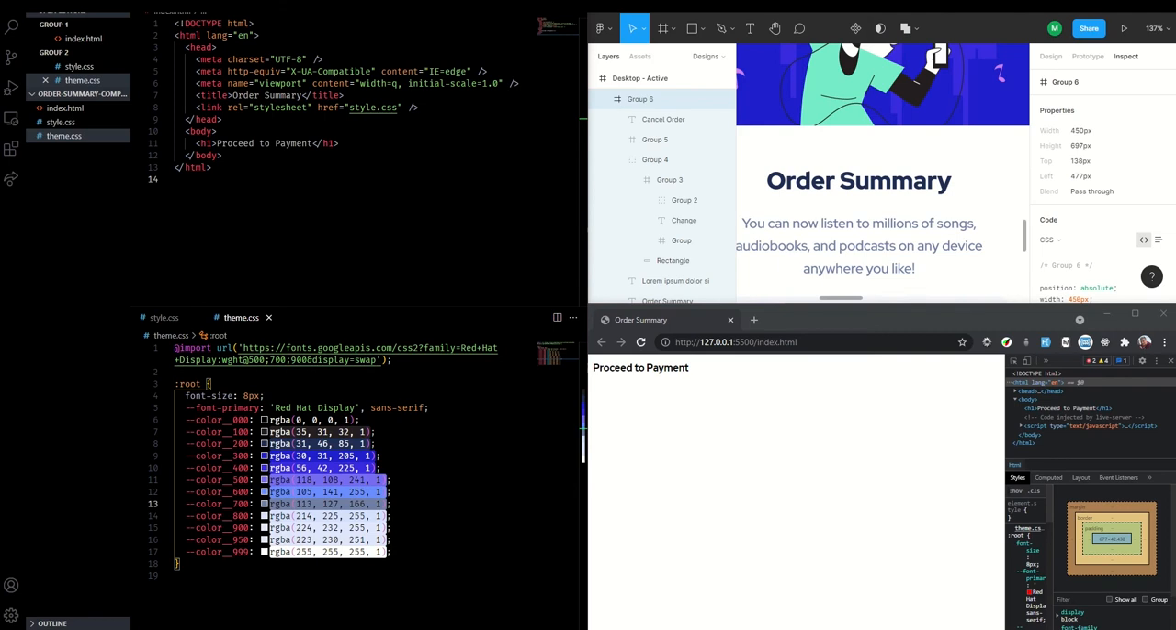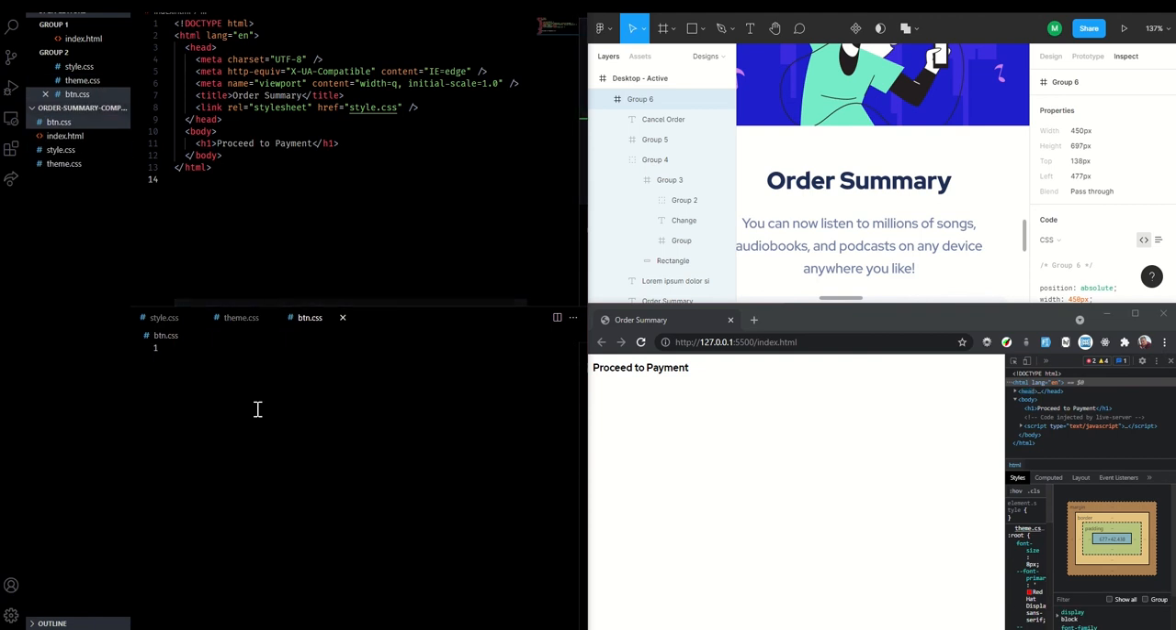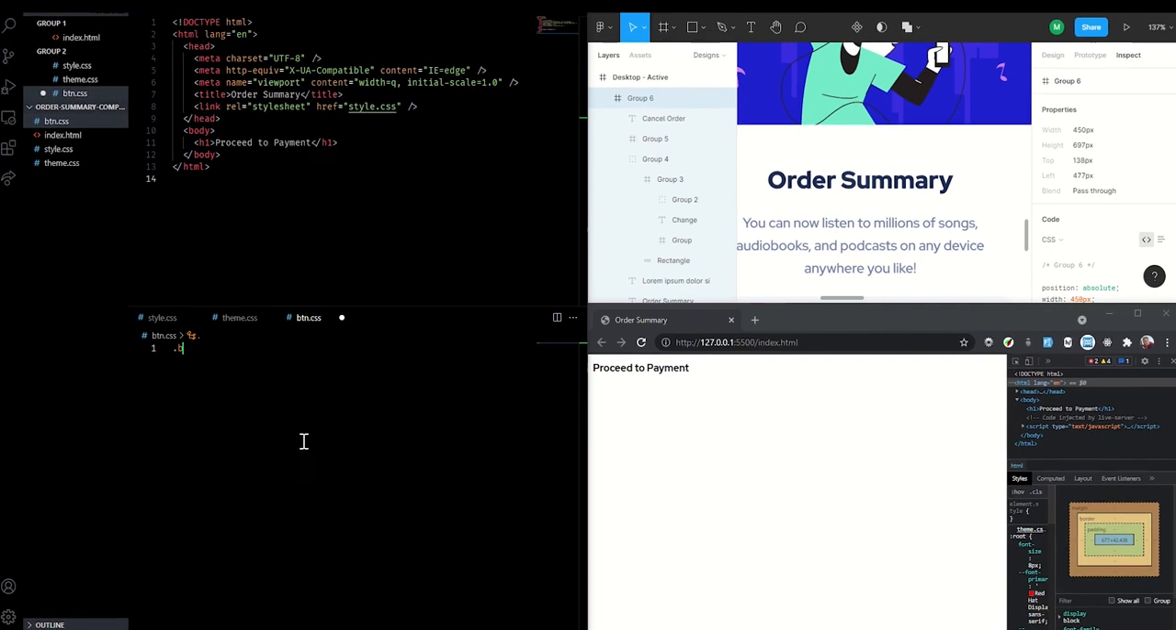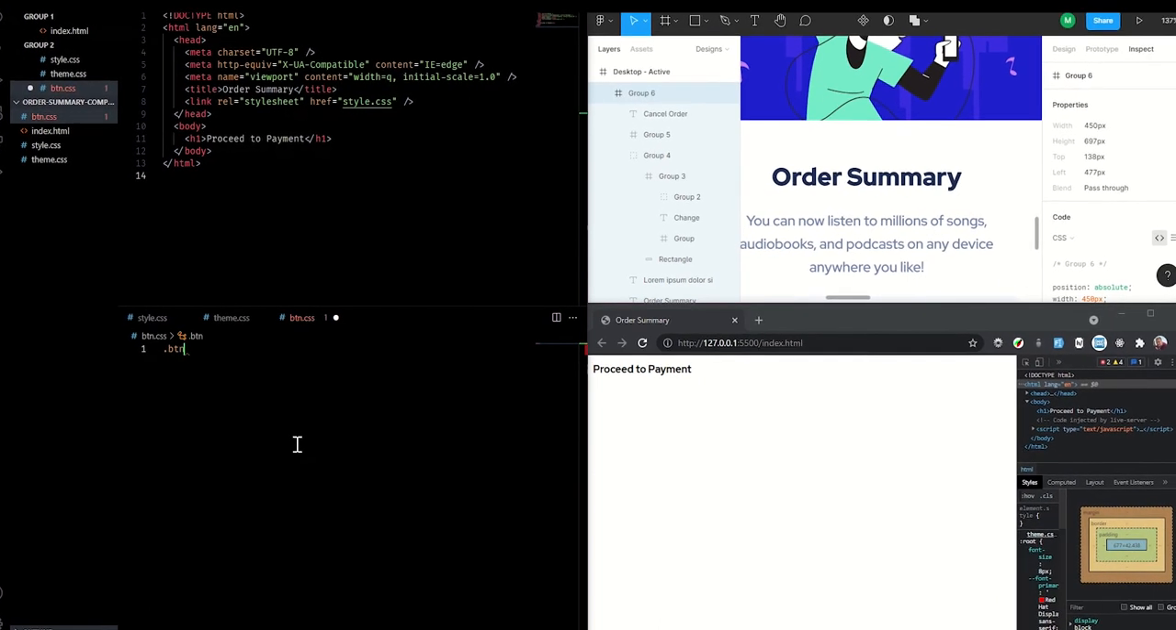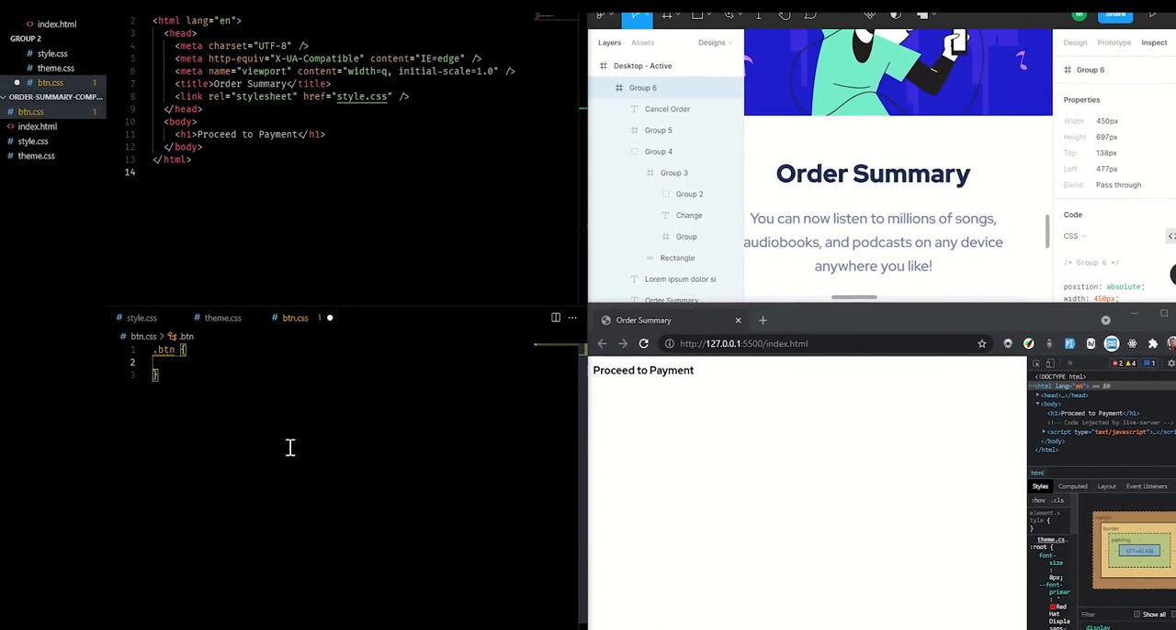So it seems like I'm finally in a position to start styling this button component. So with that in mind, I'm going to create a new file called btn.css. And again, I'm sort of pretending that this is my front-end component that I'm going to pull in to the main style sheet. You wouldn't really use @import statements